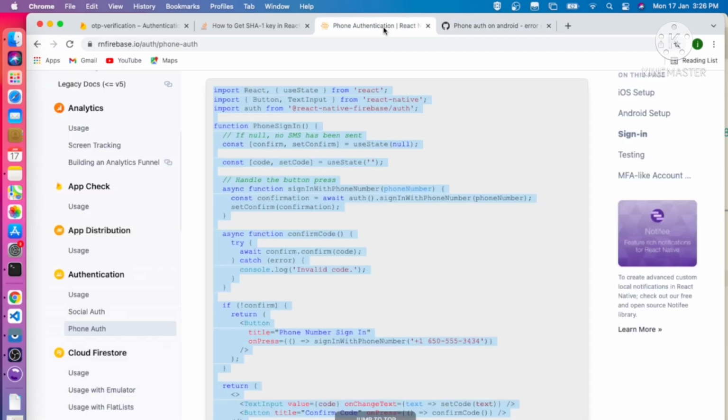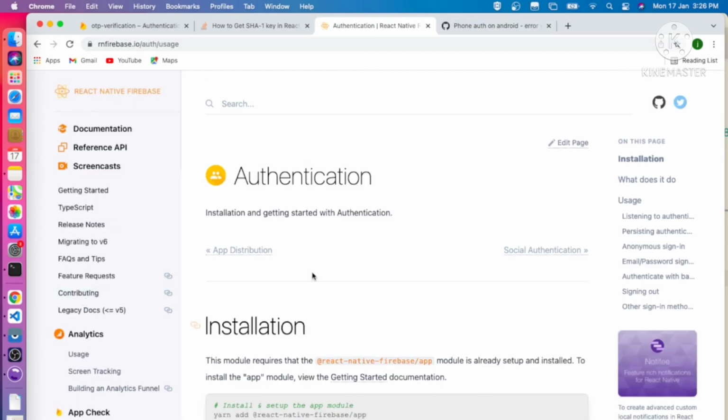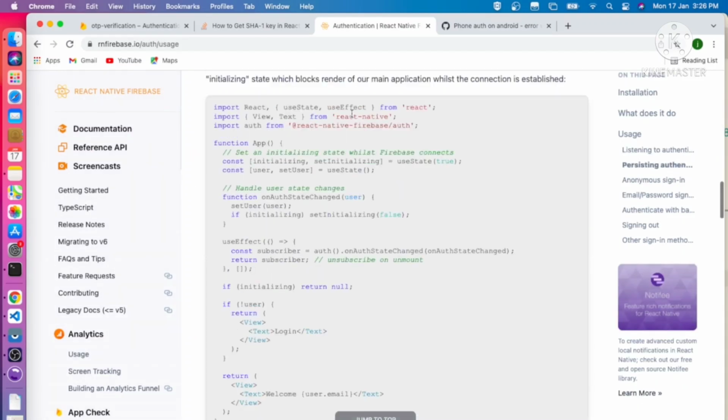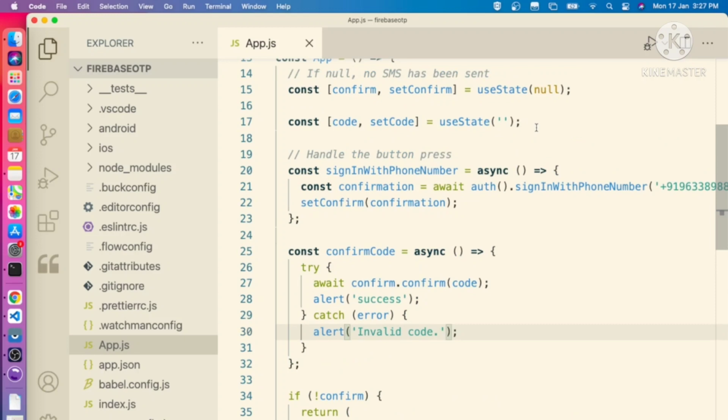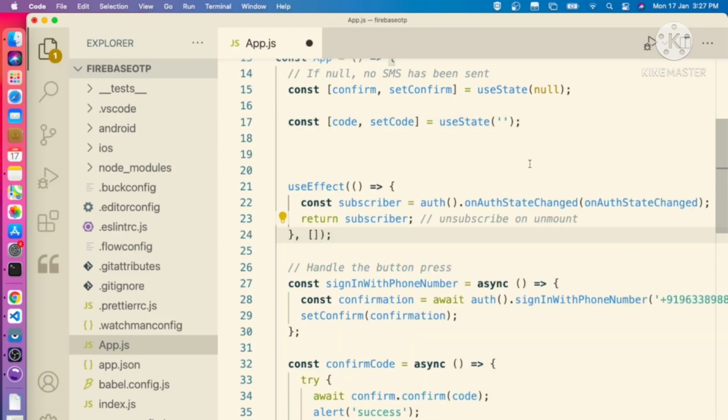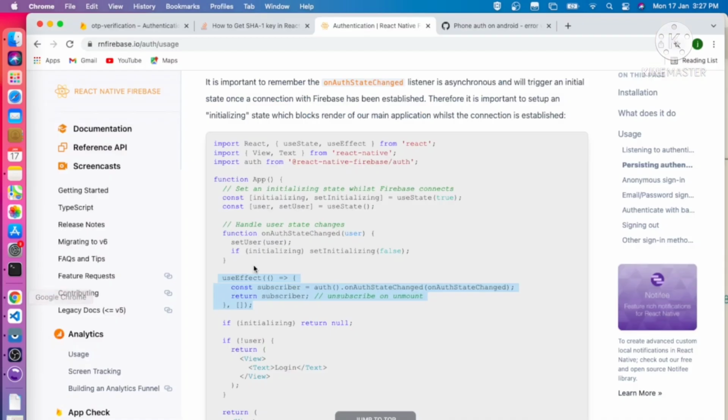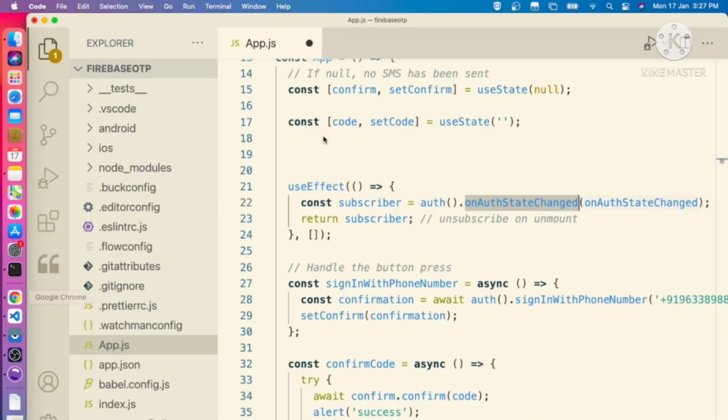For recovering from this issue, what you have to do, go to the usage section, use the function onAuthStateChanged. So we can just copy that function. You can just copy this one here, paste it here. Fine. So what this function will give, whenever the verification happens in the background or in the foreground, it will give the correct user detail. So we can just get the user detail and navigate to the next screen. The background validation process will happen behind the scenes. So we can just copy this method and paste it.